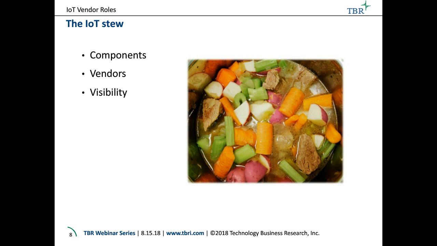How visible the vendor of a component is to the end customer, to the other component providers, varies very much from solution to solution, from business situation to business situation. And what is perhaps more important in terms of being appropriately compensated for the components you're delivering is what value that component delivers, especially in comparison with alternatives. That is critical to being adequately compensated for your contribution to the stew.